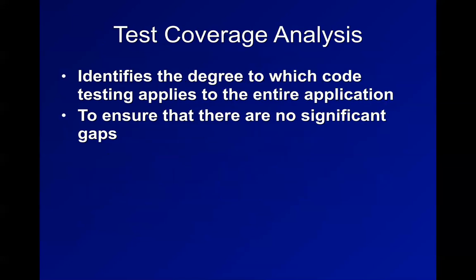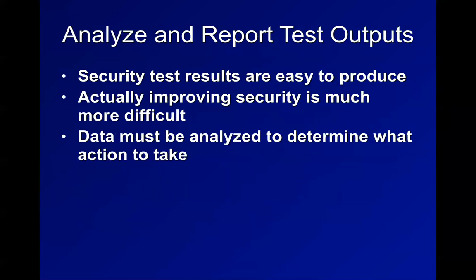Anyway, so Microsoft's Security Development Lifecycle is the most mature and advanced system because they were forced earlier than other companies to admit they had a problem and cope with it. So you can try to figure out if your testing strategy doesn't really hit all the code. And you can try to figure out what percentage of the code you actually have exercised. And there are fancy fuzzing platforms like Peach, I think is one of them, and there's others where you actually modify the code to make sure that you hit 100% of the code. So you run these tests. It's very easy to run a test and get an output. It is, of course, more complicated to figure out exactly what to do to fix all the problems you found.